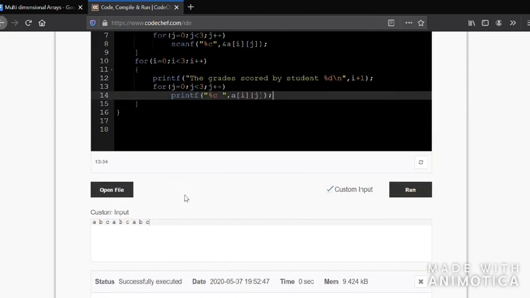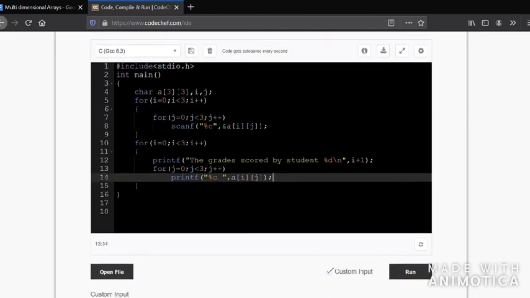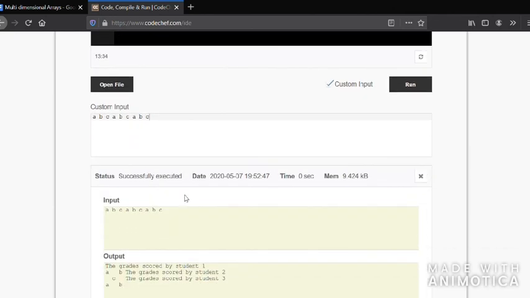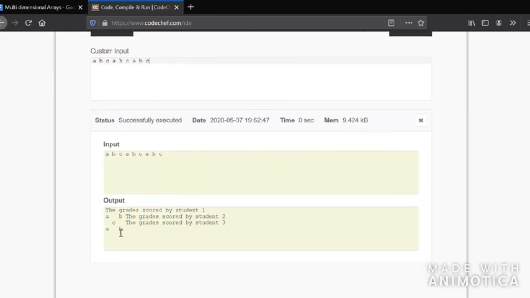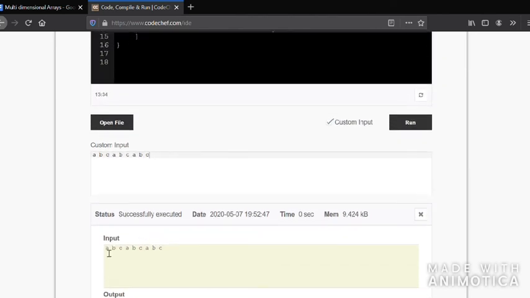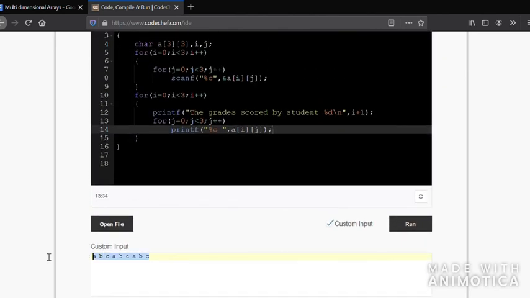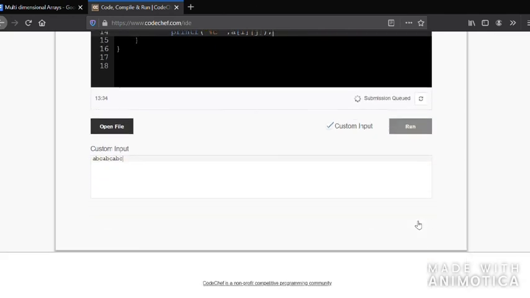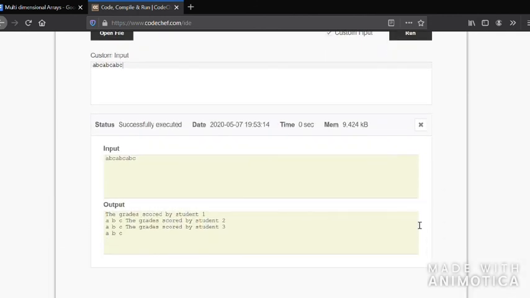So ABC, ABC. So here the problem is, I guess, I've given spaces also. Let's try without spaces. See, for this I've got the correct output.